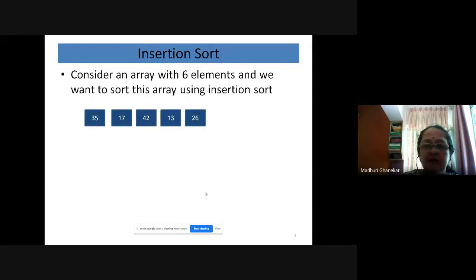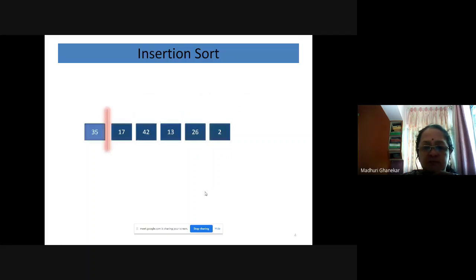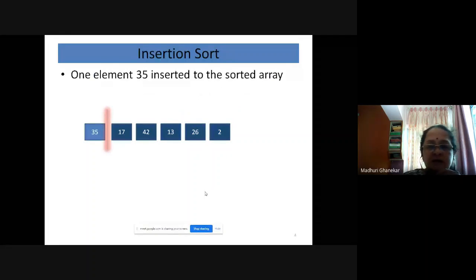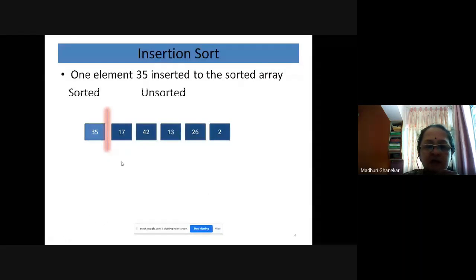Consider an array with 6 elements: 35, 17, 42, 13, 26, and 2. We want to apply insertion sort to those 6 elements. As I mentioned, if you just consider a single element, it is always sorted.